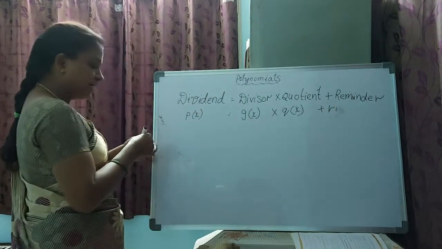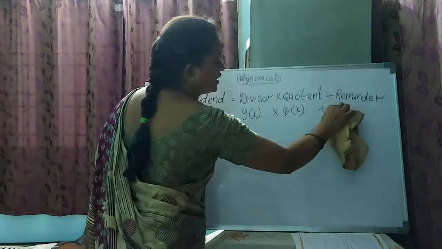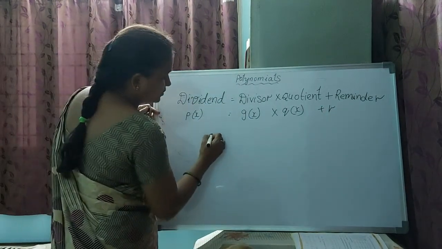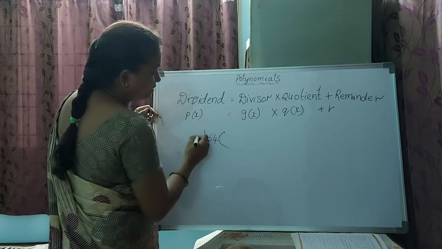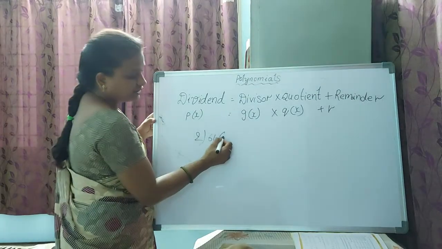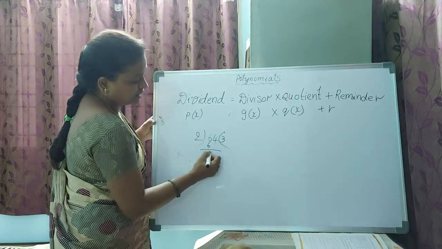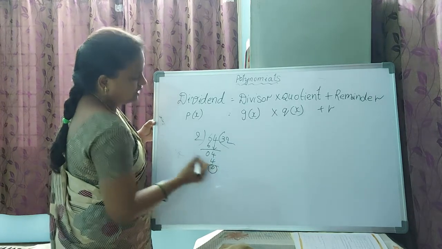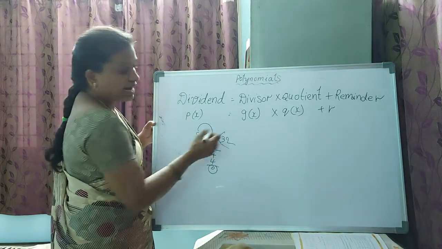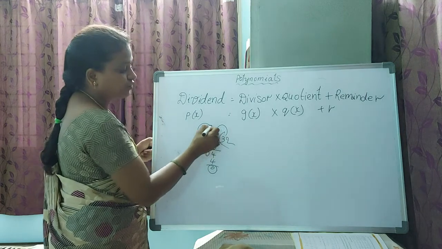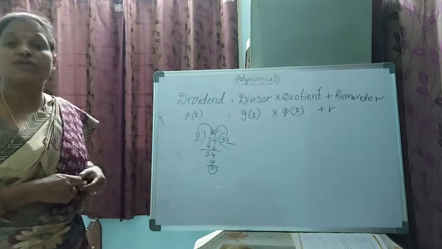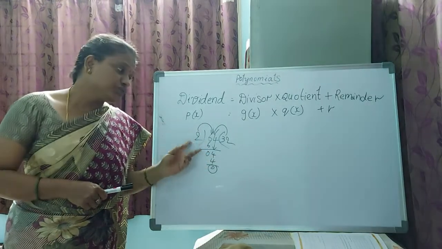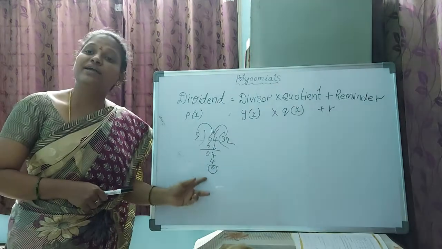See, if you divide any polynomial, for example 64, if you divide this with 2, 3 2s are 6. 6 minus 6, 0. Then bring down 4. 2 2s are 4. See, 2 is a factor of 64 and 32 is a factor of 64. You can say that these two are factors of 64 because after dividing 64 with 2 and 32, you will get the remainder as 0.